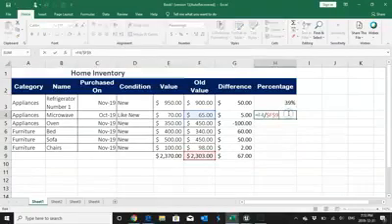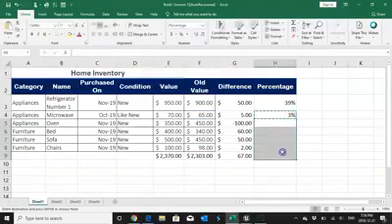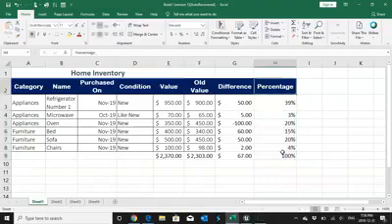Now see what happened. I get exactly the value which I need. Why? Because I have made the F9 cell the absolute reference, because I don't want the relative reference to be applied here. And how did I make that? By just adding the dollar sign to the cell which I want to make an absolute reference. So I'll just copy this formula with this entire range. This is exactly what I need.